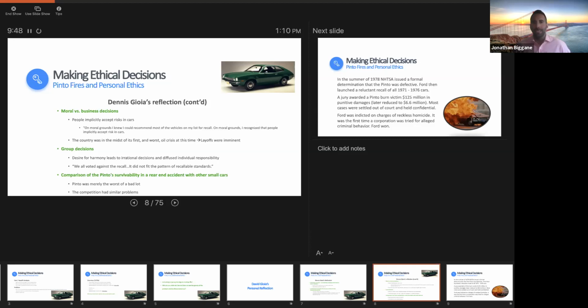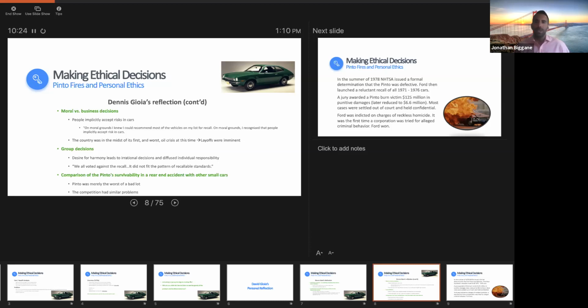There was an oil crisis at the time. And if he made these recalls, Ford would suffer, and a lot of people would potentially lose their jobs. So like most situations, it's not necessarily a case of right versus wrong. But it was sort of a right versus more right situation. Should he recall this vehicle at risk of all these people losing their jobs when he didn't think it was a big deal? Or should he not recall the vehicle and not risk those layoffs?